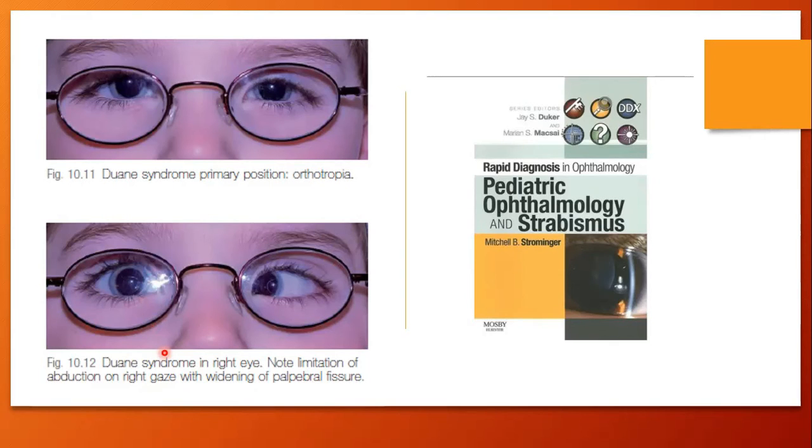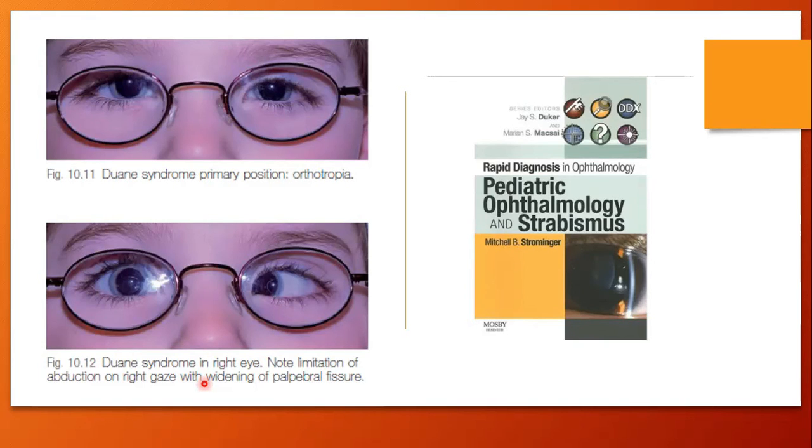So yes, despite there is no adduction, compare the fissure on abduction in comparison to the prior position. You can add here, there is widening of the fissure on attempted abduction because the child is not abducting. So on attempted abduction, there is widening of the fissure. So this is for sure Duane syndrome in the right eye. All right. Okay. So let's